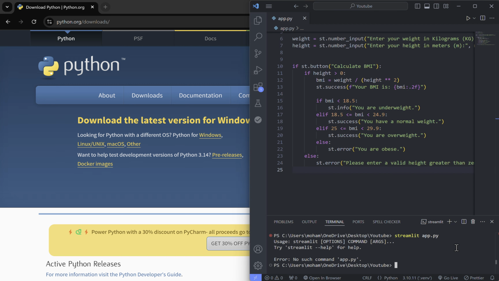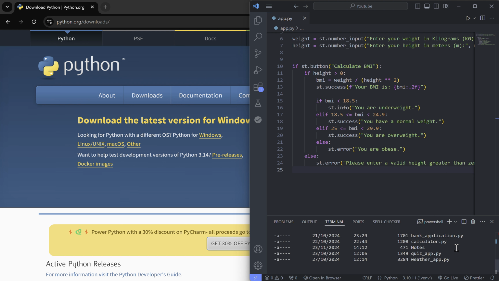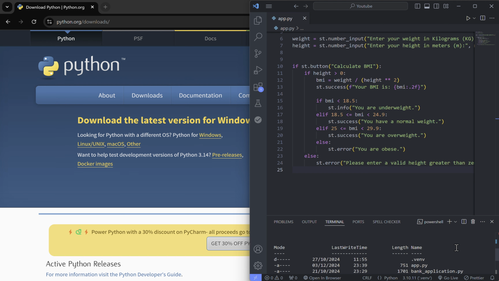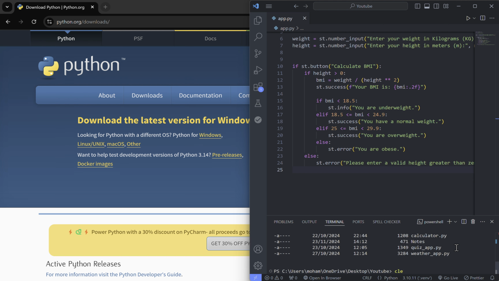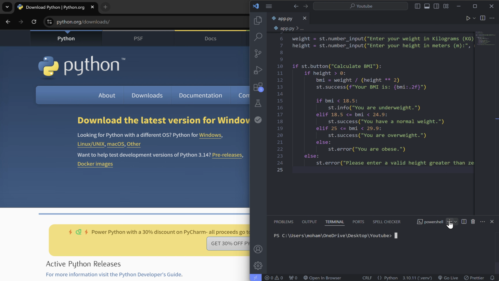Run this. Since we have app.py, yes, we do have it. Clear. Okay, just a second. Let's open another terminal, that already exists, so